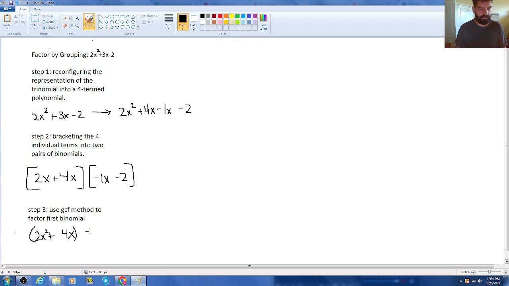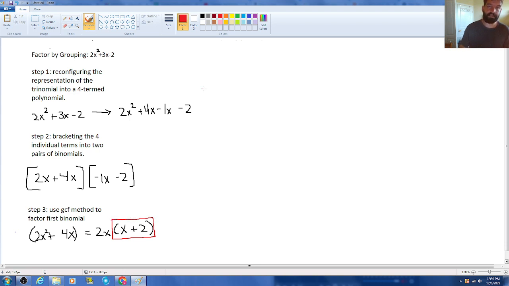So this is going to be the factored form. If I factor out a 2x from 2x squared, all that I have left is the x. And then if I factor out 2x from 4x, all I have is a factor of 2 left. Okay. Now, this x plus 2 is a very important